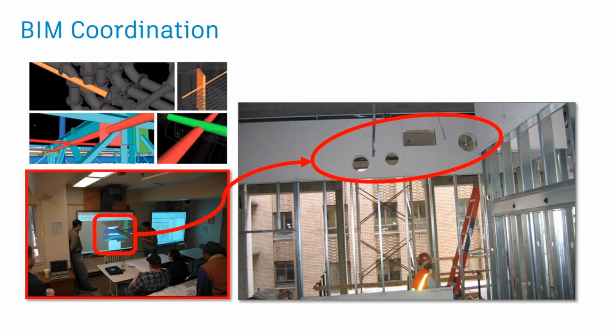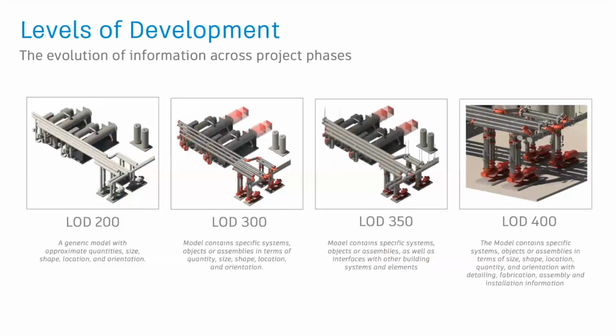It's also enabling things like off-site prefabrication, modular prefabrication, and so on, which I'll talk about a little bit in a moment. But when it comes to coordination, it's gone beyond just being 3D. We've now got tools that will actually help you overcome clashes, that will help you route around obstacles potentially. And so the tools are becoming increasingly more sophisticated. And depending on where you are in the world, certain standards, one of them being levels of development or LOD, are starting to emerge, and receiving to some extent greater or lesser adoption, depending, as I say, on where you are and your level of BIM maturity.